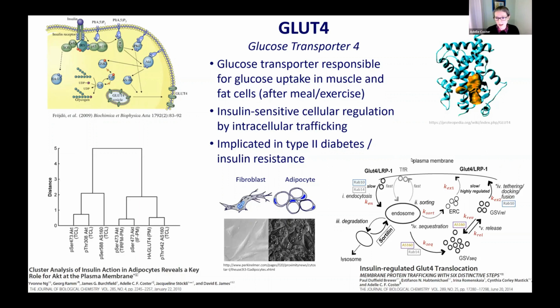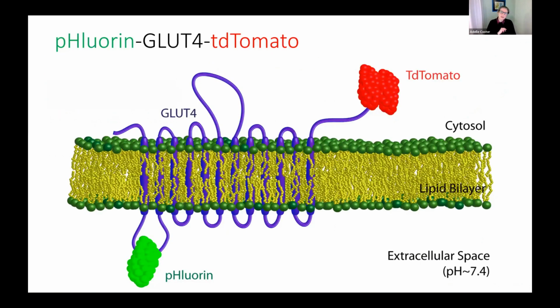So if we're on the outside of the cell, in order to get GLUT4 on the outside of the cell, we have to translocate it in little membrane bubbles up to the underside of the membrane, whereupon those membrane vesicles fuse and join into the membrane, expressing GLUT4 at the surface. And it recycles around. So there's quite a few different steps that need to be in there to understand the system. But we've got some handle on it.